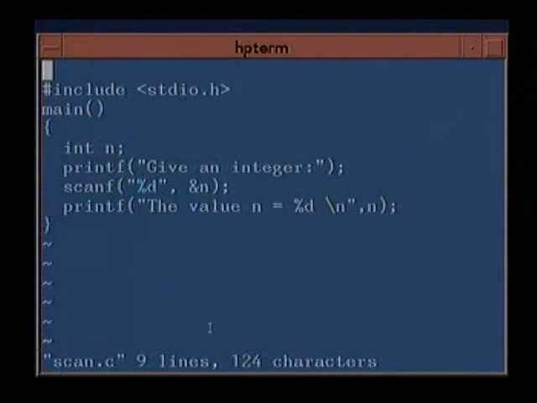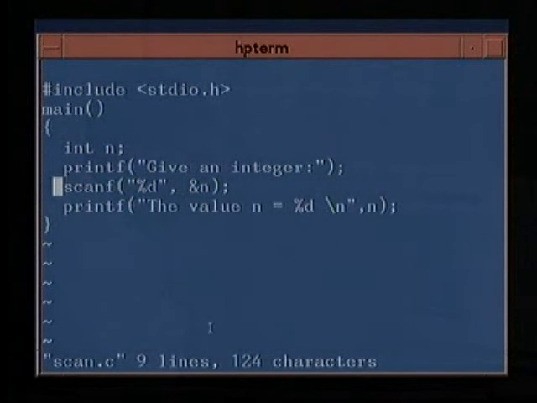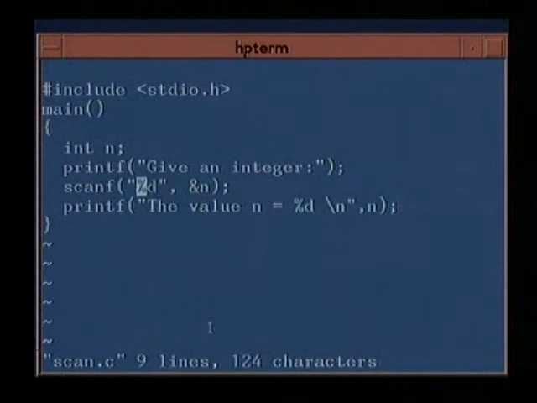So this is a program to read an integer and print its value. So it says hash include stdio.h main. This is the main braces. We declare an integer int n. We print saying give an integer, and here there is no backslash n, so it will wait here for you to give an integer, and this is the function to read a value. Like printf, scanf is the library function which can be used to read a value, and just like printf, it has a control within these quotes which says that I am going to read in an integer %d,